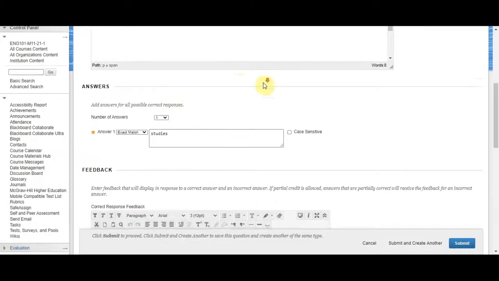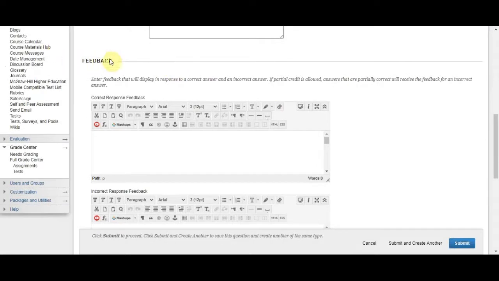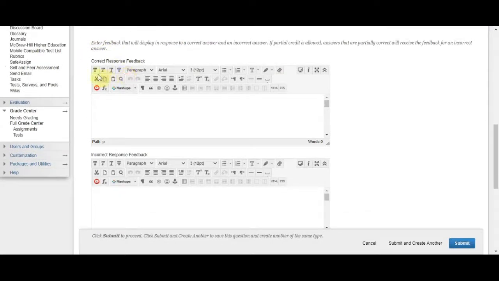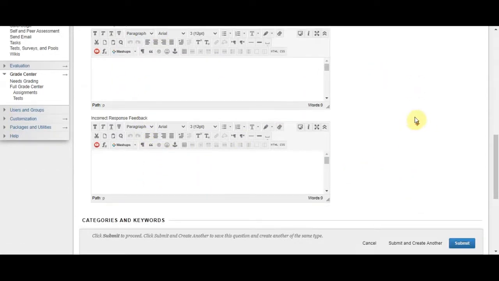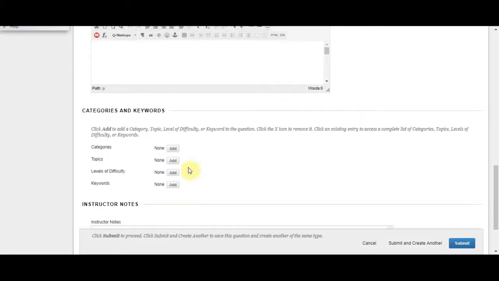So now it's going to go below, go down, and then we can see the feedback section here. You can leave feedback for a correct response or an incorrect response, and again these are optional, so we don't need to do that. And then if we go down to this part here, categories and keywords, this is quite a useful feature on Blackboard. And what we can do is we can specify the category or the topic or level of difficulty or even keywords for this specific question, and this will then allow